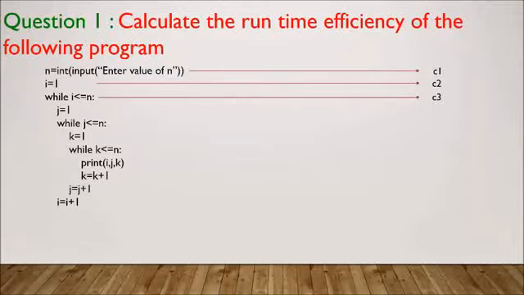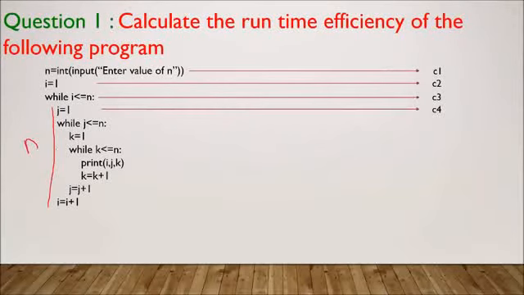Next one is comparison. Wherever there is a comparison, either it is a while loop or an if statement, it takes some time, so it is C3, and this comparison will be executed how many times? N times, because the value of i is 1 to n, so it will be executed n times. Similarly, whatever is inside this while loop will be executed n times. After that it will go to the next statement, j is equal to 1,